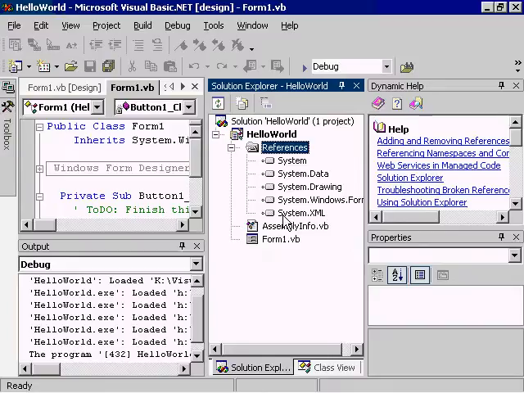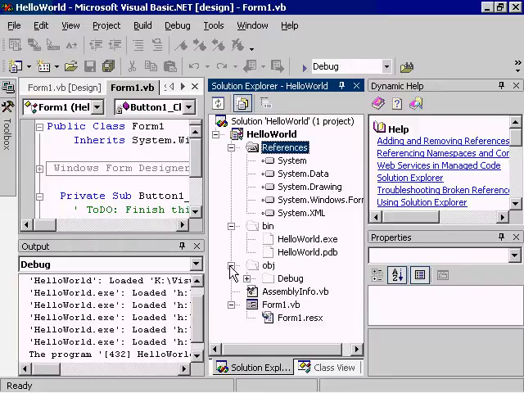In addition, sometimes you'll find windows or files that aren't being shown here. There are sometimes the option to show more files. In this case, we'll see that the form itself consists of a form and a resource file associated with it. Once you click to show all files, you can also see the contents of the bin and OBJ folders, so you can see exactly what files there are associated